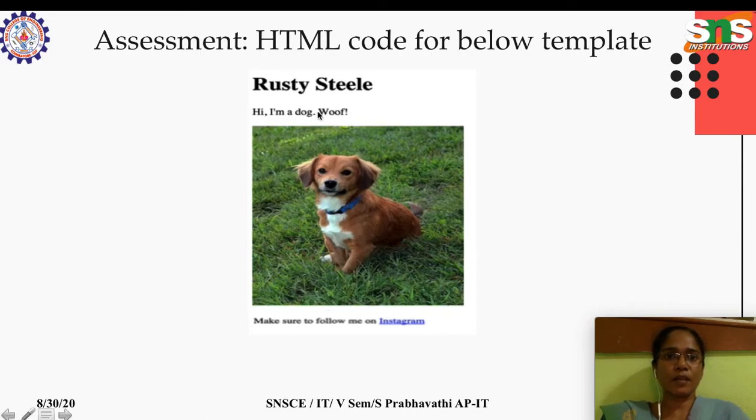I think you could achieve this very easily for this template. So bring the HTML code. This is one heading, whatever heading you like, and this is one paragraph followed by an image followed by some text, a paragraph followed by one anchor element. The topics we have discussed include all the required elements to bring out a template like this, and I think you could come up with a solution.